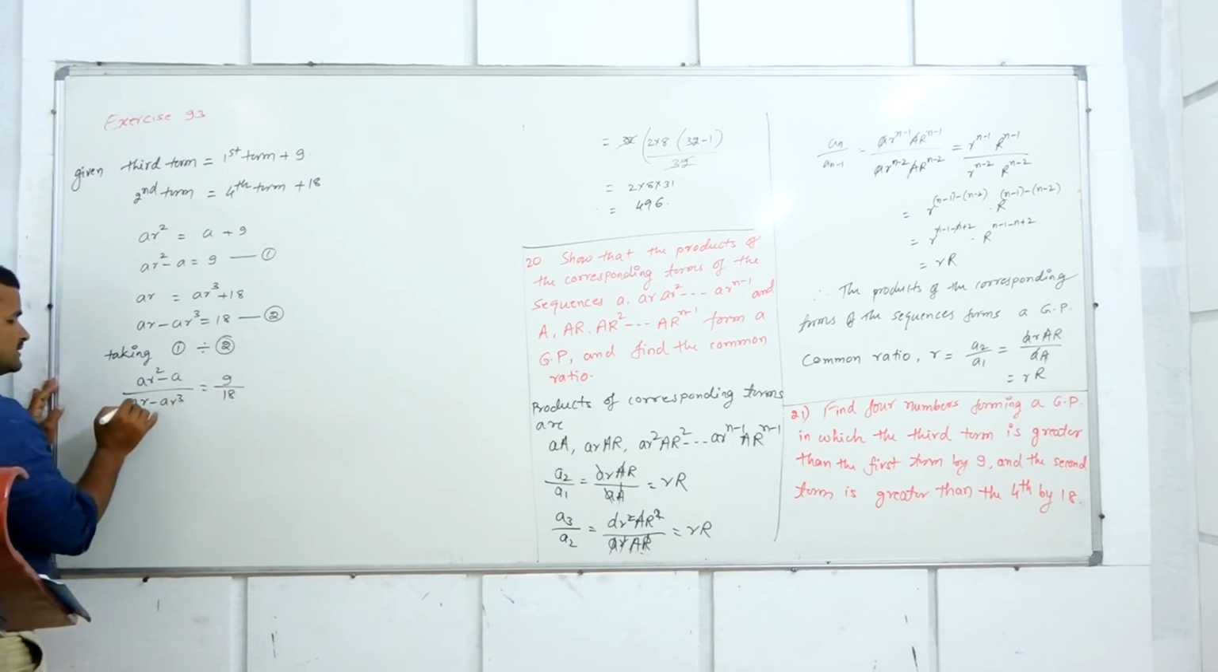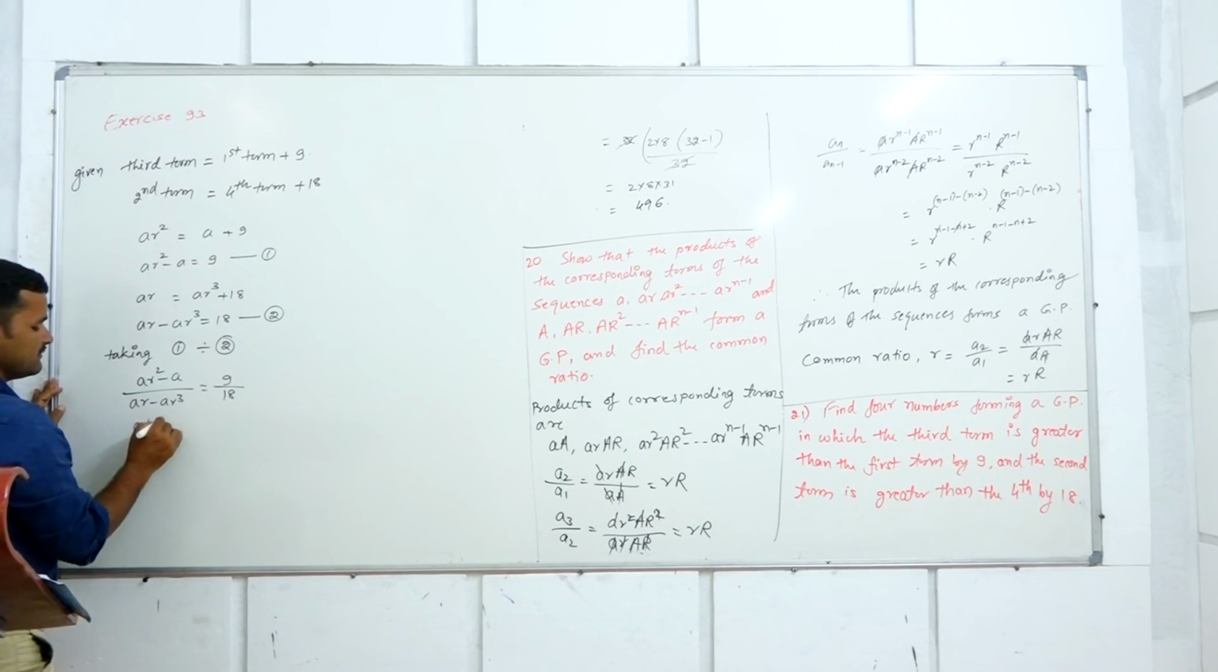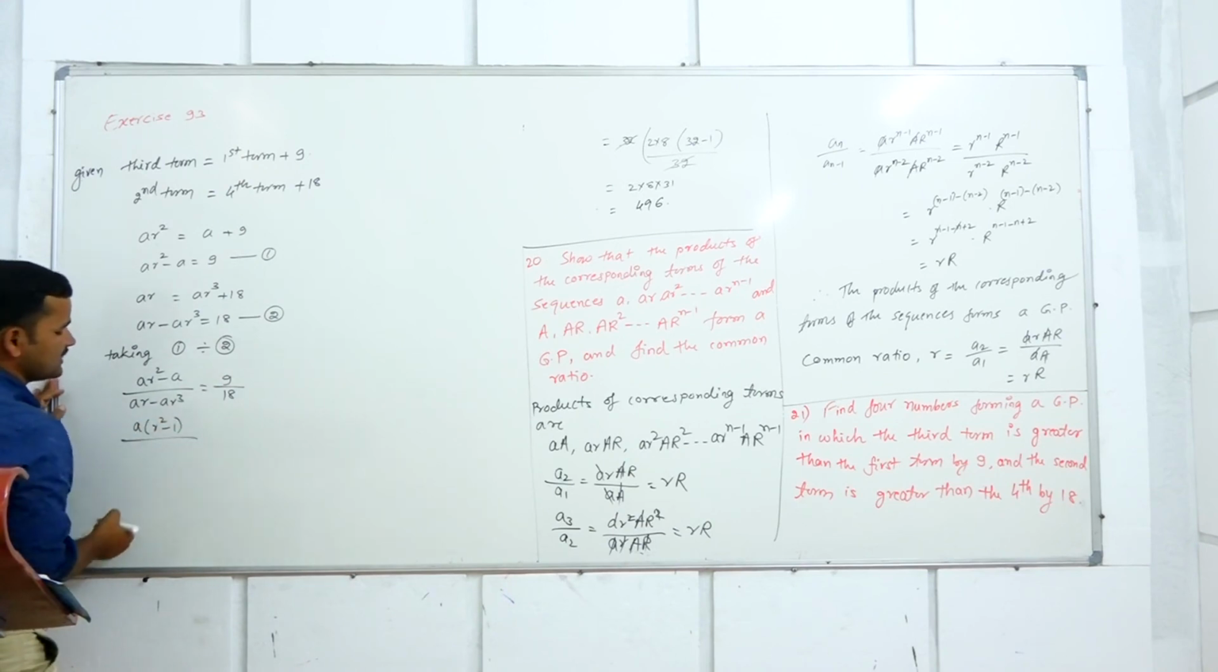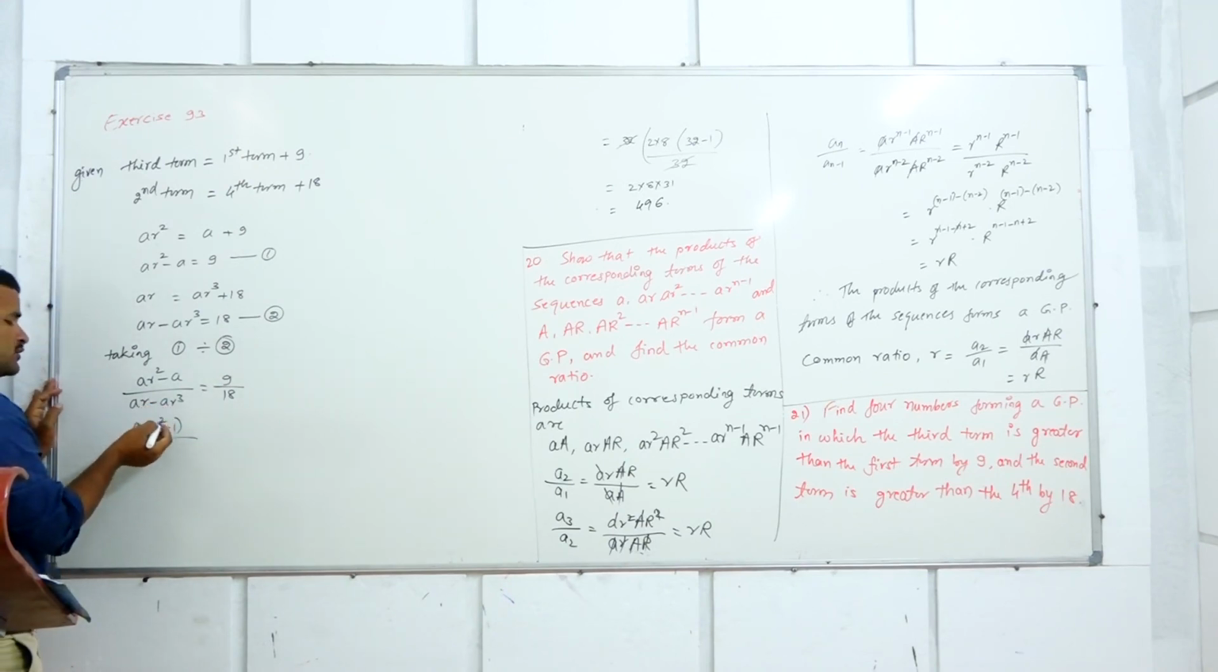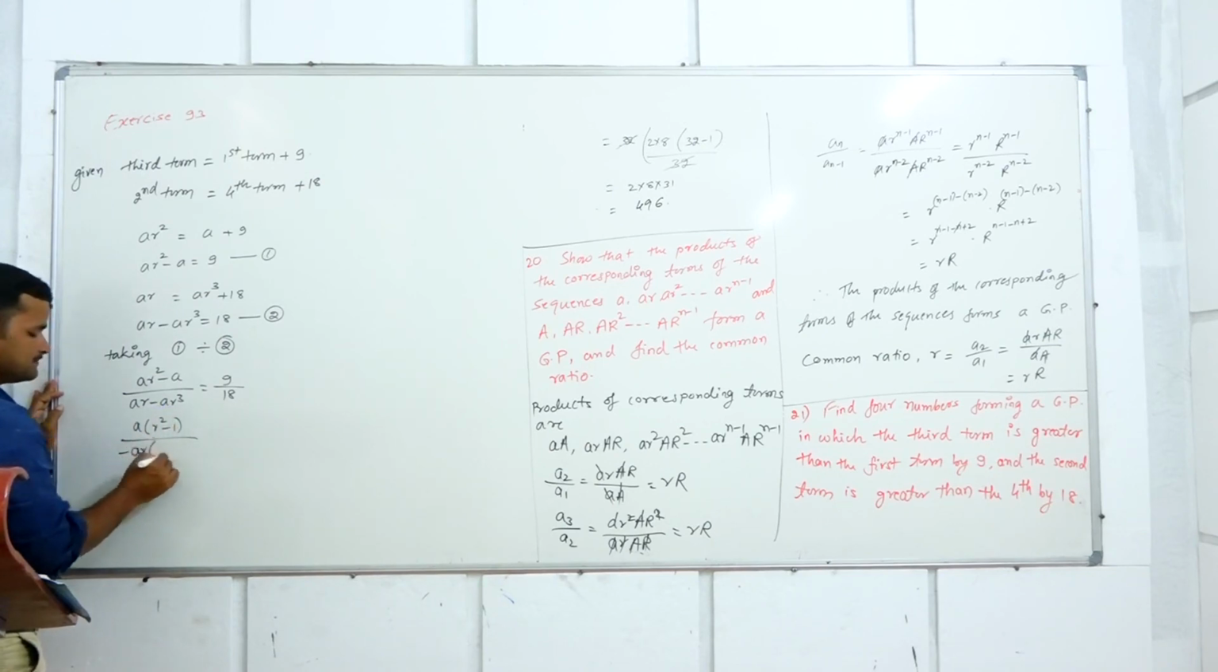You take common here. A is common. We are left with r square minus 1. In the denominator also, to have r square minus 1, you take minus ar common. If you take minus ar